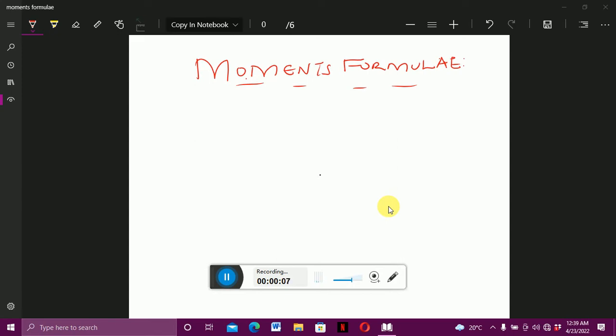Today we are talking about formulae relating moments, and we are going to look at a number of formulae and a number of proofs, and we start by proving. So we say prove